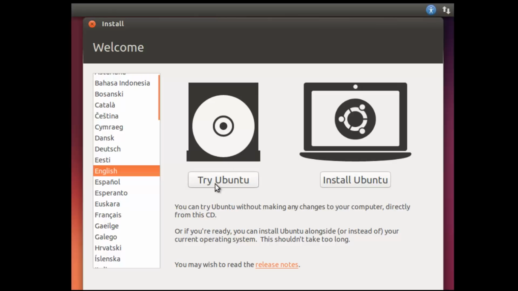You can either try Ubuntu or install Ubuntu. I'm just going to click on install it. If you want to try it out here in the live CD environment, then you can do that here and see if you want to install or not. So I'm just going to click on install,